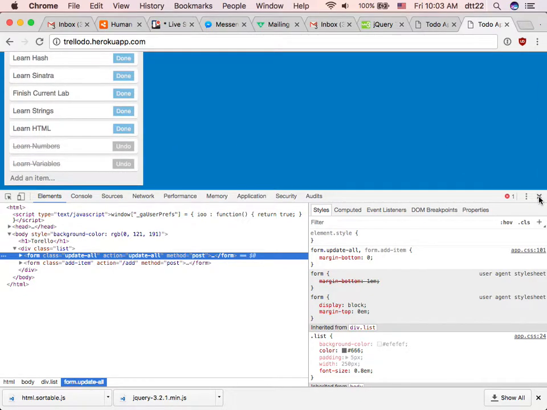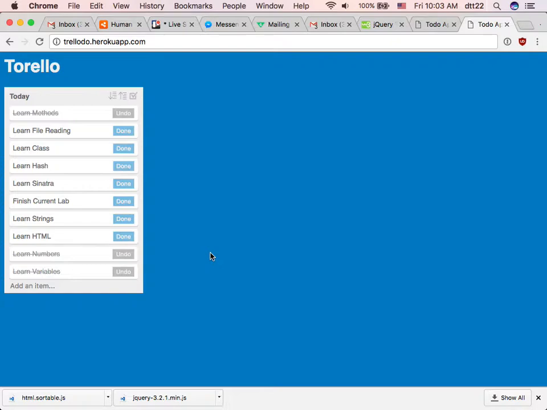So it means the whole data is saved, so you don't even need to read from the file before you make changes. If you click any of this here, done, then it will submit the entire thing to the server and the server saves it. Of course, adding an item is a different thing, so it will just add to the file. That's normal. We also learned how to do some fancy JavaScript stuff, so you can drag and drop, similar to Trello. After you drag, you see this button is JavaScript. It shows the button up, and you can click save, and then the button disappears, but the order gets